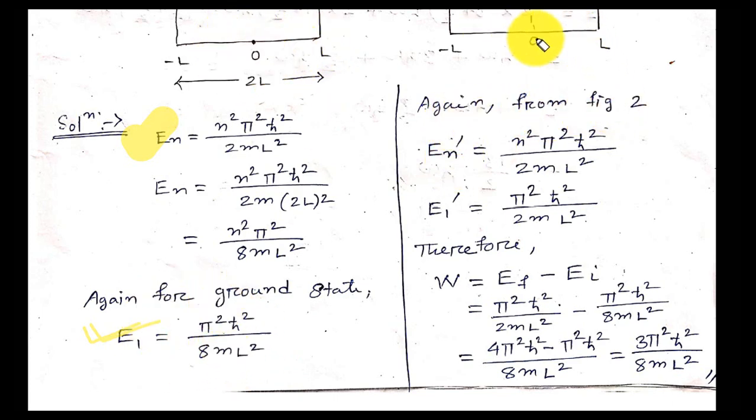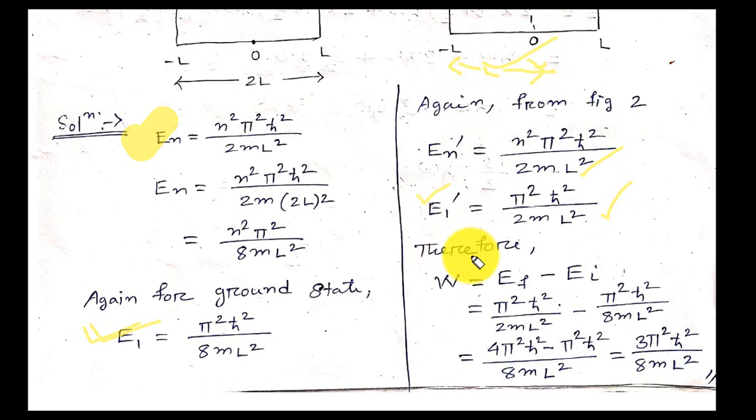Now again from the figure, the final energy in the ground state, when a wall is raised at the center and there are two compartments separated, the length is L. So E n dash is equal to n squared pi squared h-bar squared by 2 m L squared. In the ground state n is equal to 1, so E1 prime is equal to pi squared h-bar squared by 2 m L squared. This is the ground state energy